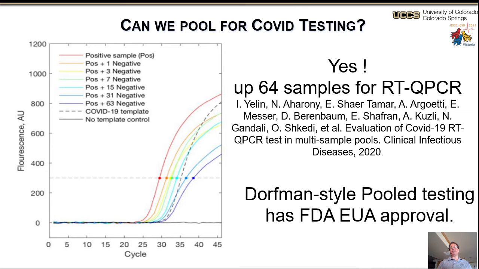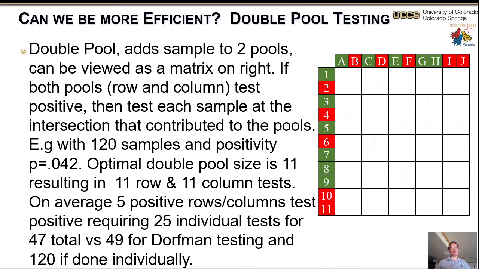Next question is, can we actually be more efficient? So an idea that's also been around for many years is the idea of double pool testing. Double pool testing basically breaks things up into a 2-dimensional grid, which you can see on the matrix on the right, where we have both row and column pool tests. An individual sample now contributes to both a column and a row, and you test all the rows and columns. In this case, you can see red for various rows and columns that tested